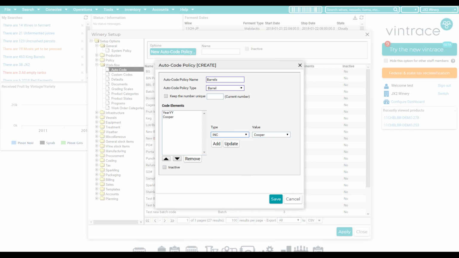And then we just wanted a barrel number. So that's where the inc or the increment comes in. And I could say I just want 2 digits to be incremented on the end of that. And so that'll just start at 0 and count its way upwards. And I would like that to be a unique number, and we'll start it. We'll call it 0. The next one will be 1. So if I save that,